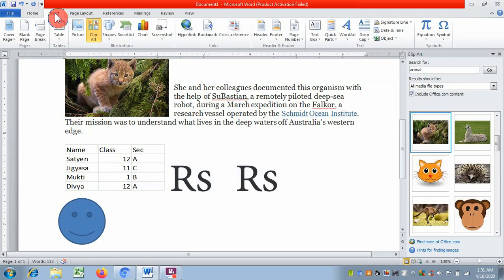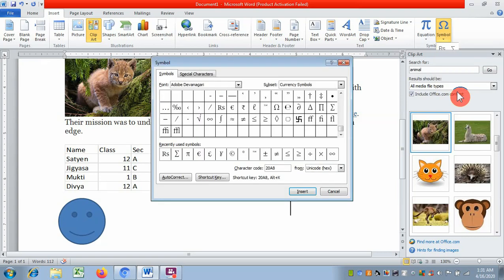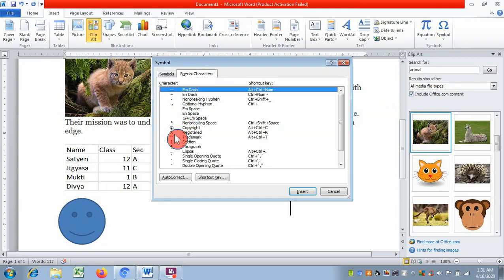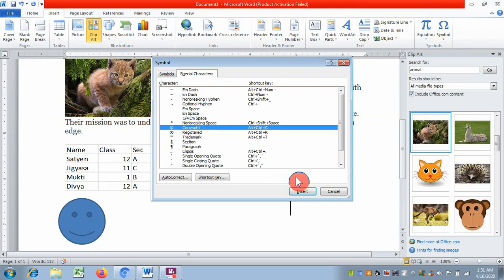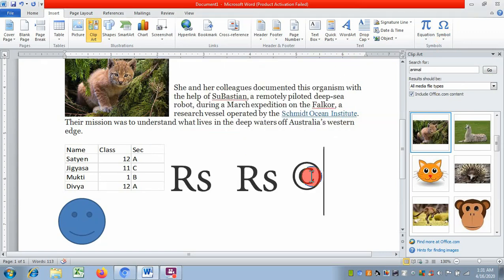We go to insert, and there are special characters in the symbol itself. More symbols, you can see special characters. Suppose I want to insert this copyright symbol. You can see the copyright. So this is the special character.